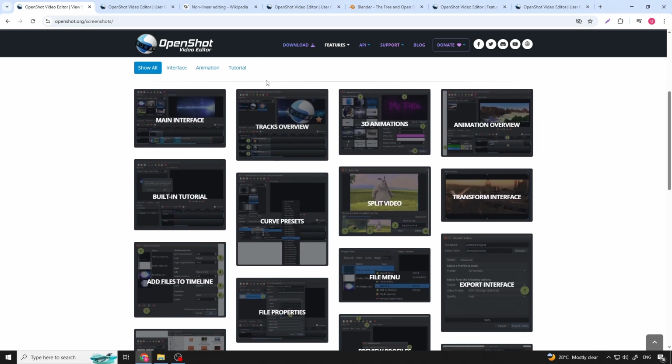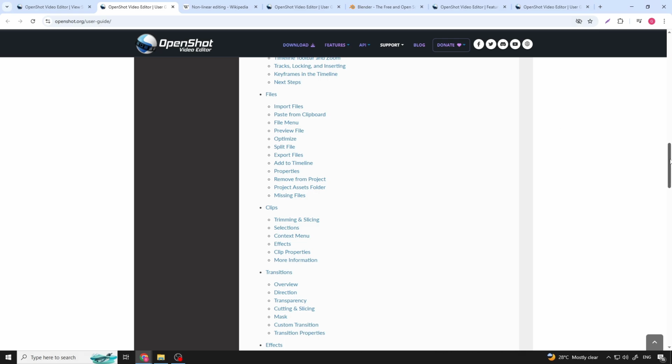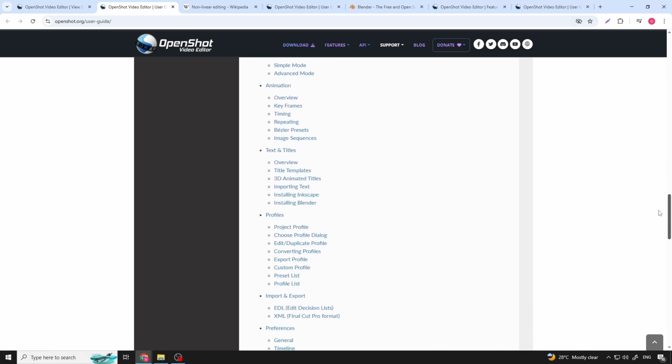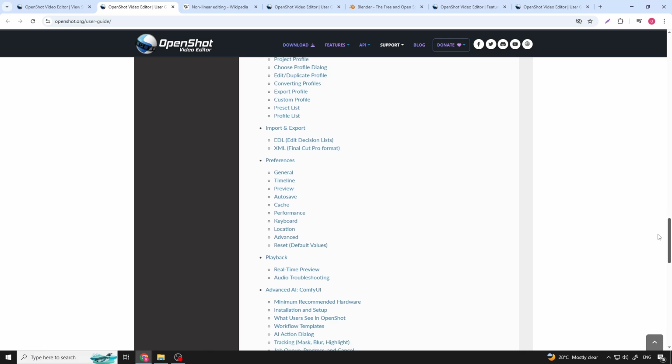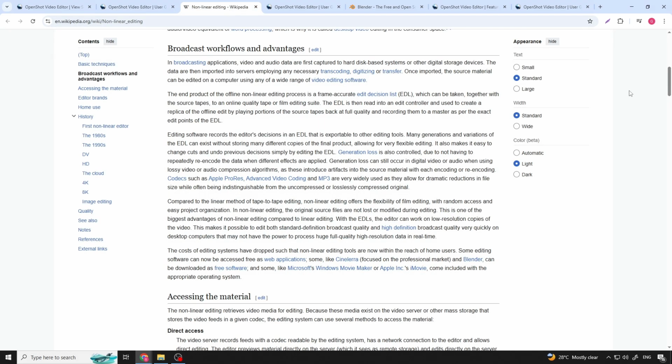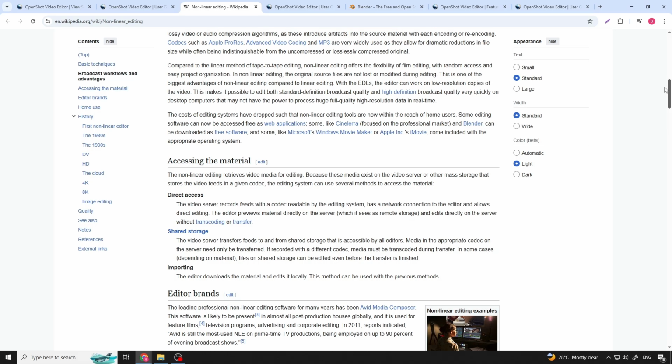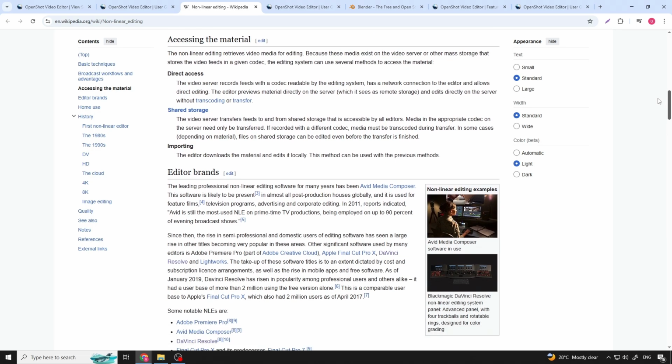Export is FFmpeg based with standard codec and format options. Hardware acceleration support was improved in version 3.5. The platform coverage is Linux, Windows, and Mac OS. OpenShot does not support BSD, unlike Shotcut and Kdenlive, which narrows its compatibility at the edges of the series spectrum.